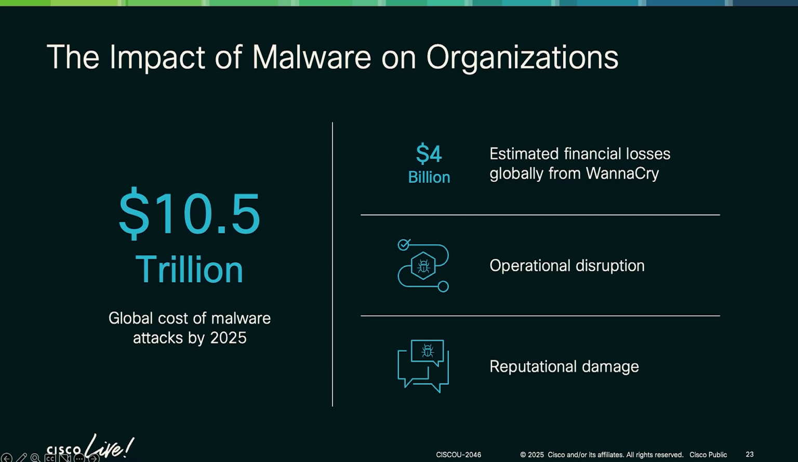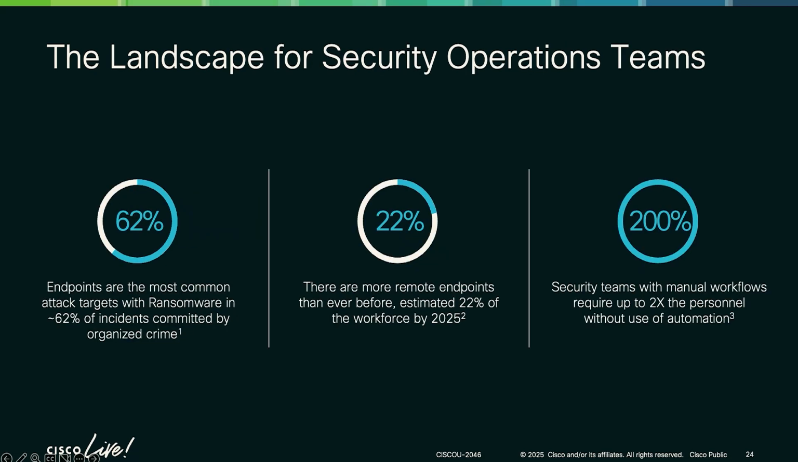So, this is obviously an important, costly thing. If we take a look again at the landscape for security teams, 62% of incidents were committed by organized crime as an example. I'll let you read some of these statistics, but an important one is on the end there. 2,000%, 2x essentially,